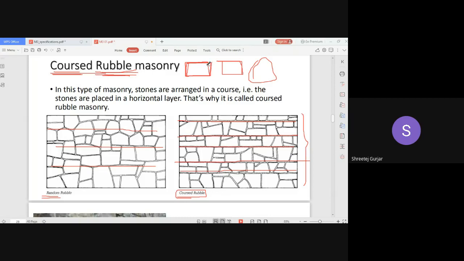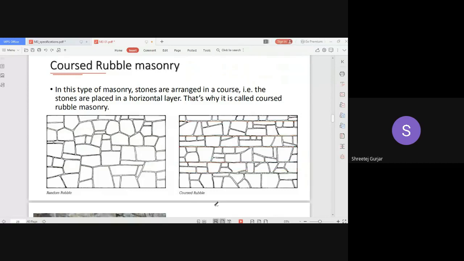So this is not a stone, rubble masonry. Okay, so this is random masonry, wherein you do not have courses, but you are using rubble. Both of these are using stones which are not properly sized, right? Both of these are rubble, but this is random rubble and this is coursed rubble. So now we are dealing with this coursed rubble. We are looking into specifications for this.